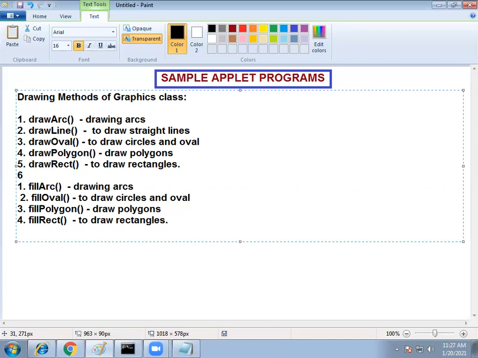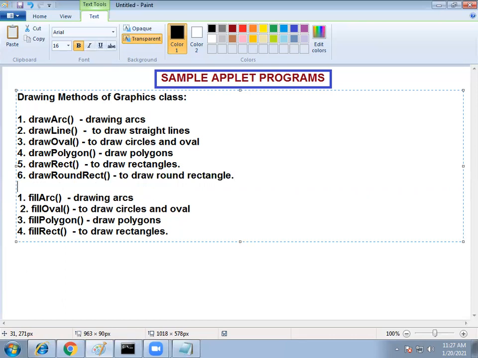And here drawRoundRect, draw round rectangle is also there. This is to draw a round rectangle.